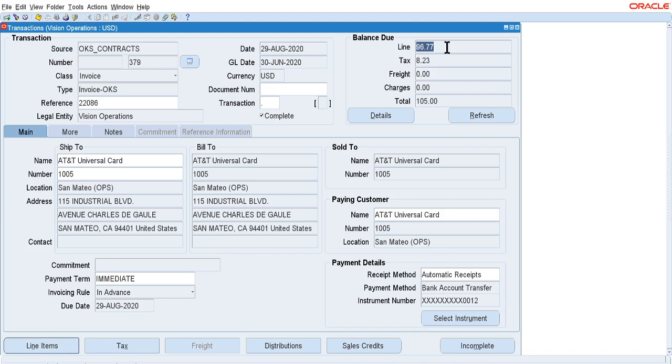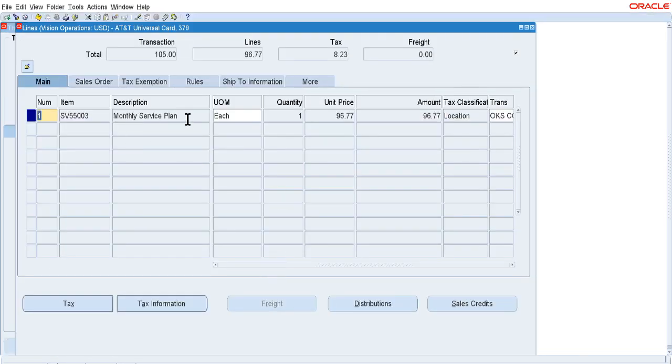That is eligible only. For the second line, whatever the interface date is, on that day that information will be pushed to the interface table. So the first line invoice will be created. You can see information like line items here. You can see this is the service line.